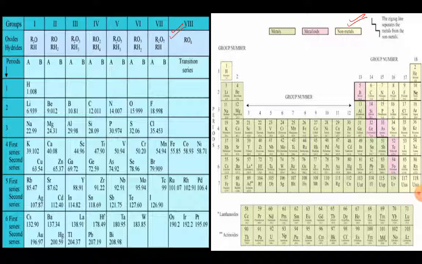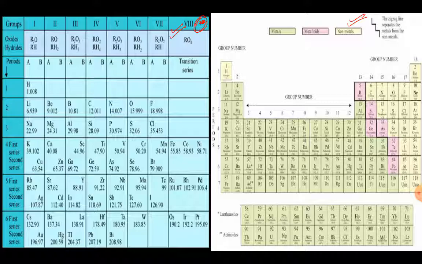So we all know that the Mendeleev's periodic table, this one that is on the left hand side, was given by Dmitry Ivanovich Mendeleev, and he is the most important contributor in the development of the periodic table, right? But then why do we give the main credit to Mendeleev in framing the periodic table?